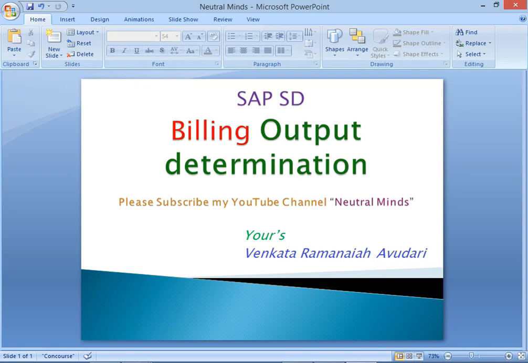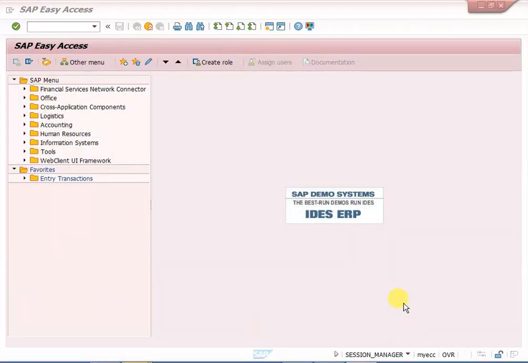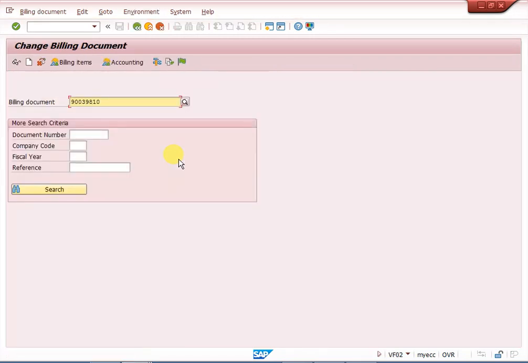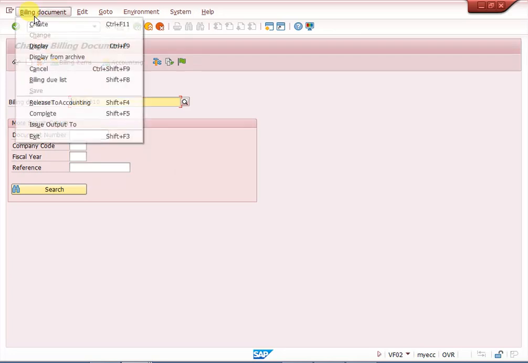Generally, why are we using output determination for the VF02 billing document? In VF01, 02, 03 we are creating the billing document. This billing document is company internal. We need to send a form to the customer, we need to print, or email, or fax, whatever it may be, and we send it through this document. For that purpose we need one output form. Issue output,